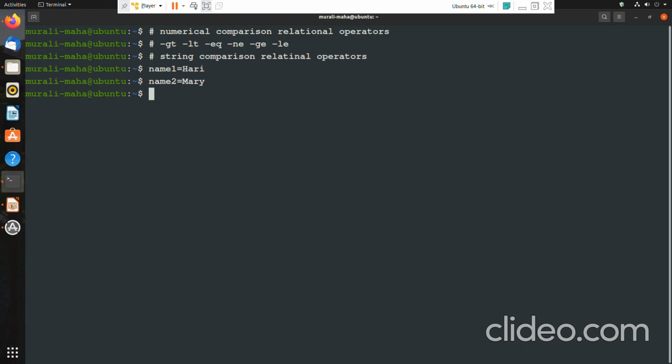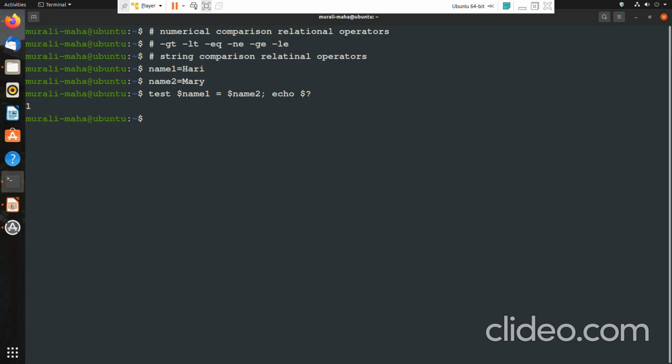So how do we do that? test $name1 equal to $name2. This is going to compare the two strings, whether name1's value is equal to name2's value. If that is true, then it will store 0 in the variable. Otherwise it will store 1. If it stores 1, it means that it is false. This name1 equal to name2 is false.